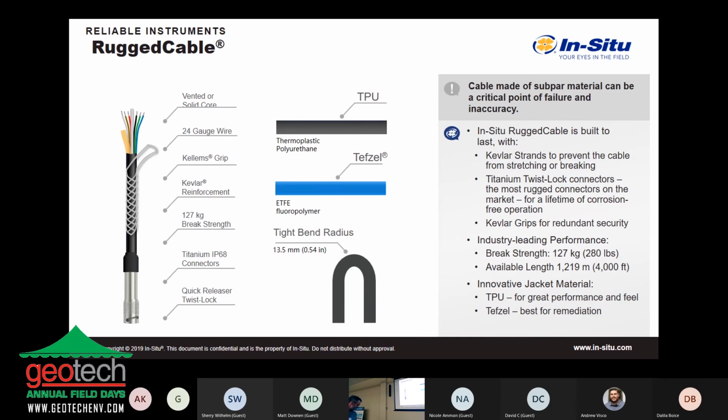All right, rugged cables. Not gonna lie to you, our cables are not the cheapest cables in the industry, but there is a reason. We put a Kevlar strength member down inside of our cables to prevent drift. Now, if you're looking at a 10-foot cable, it's probably not going to make that big of a deal. But if we're talking about a 1,500-foot cable or a 750-foot cable, and you have to keep going back out again to reset your well,